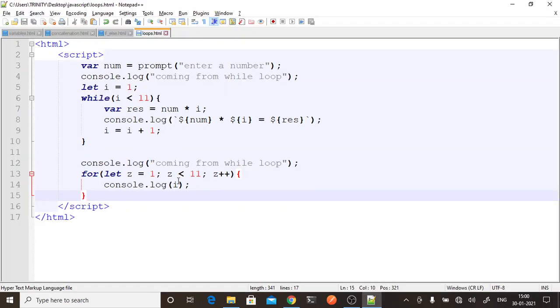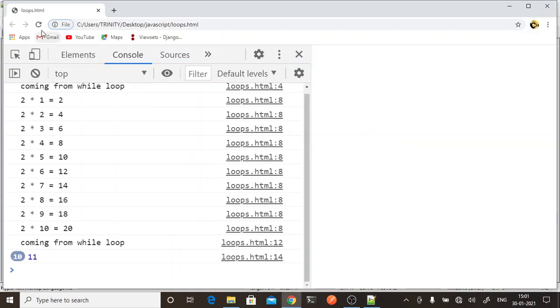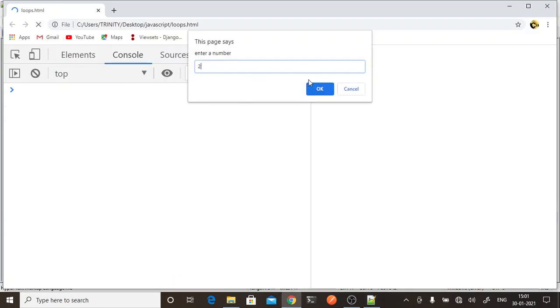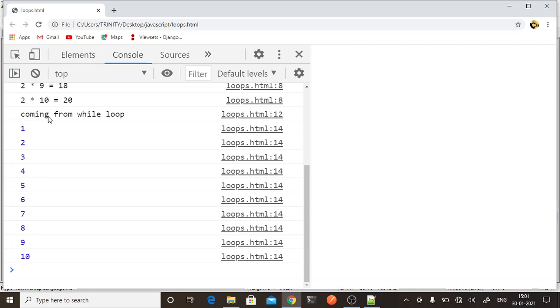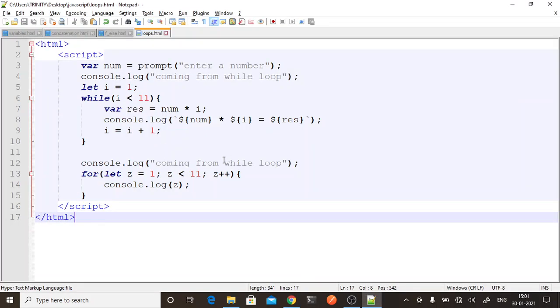It should come 1, 2, 3, 4, no? Same condition. Sorry, not i. Here we have to print z. So that was the mistake. Yeah, so see, this is coming from the for loop.